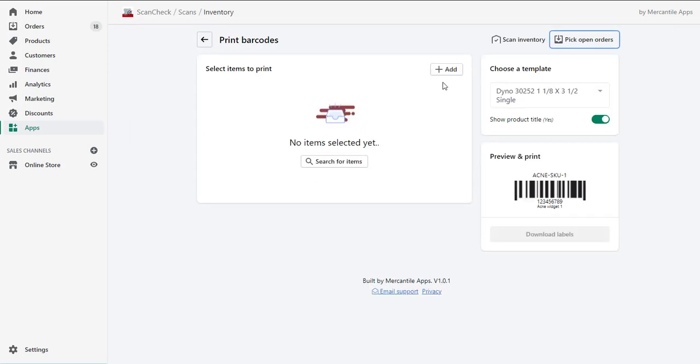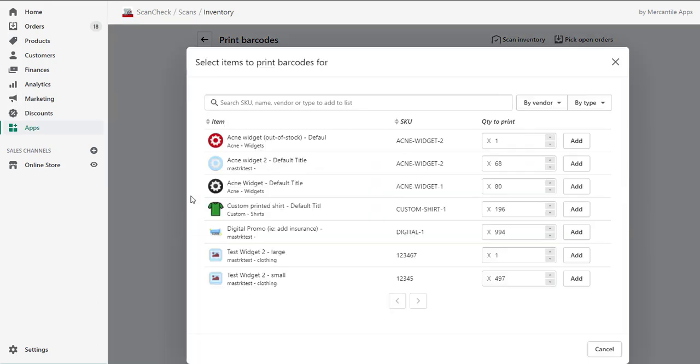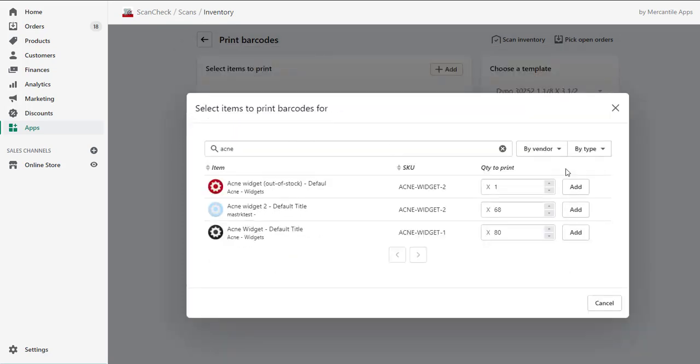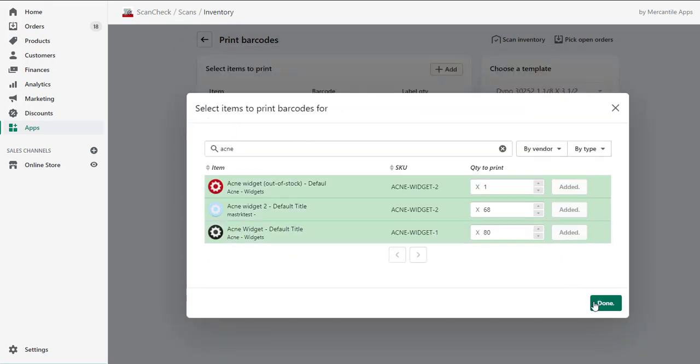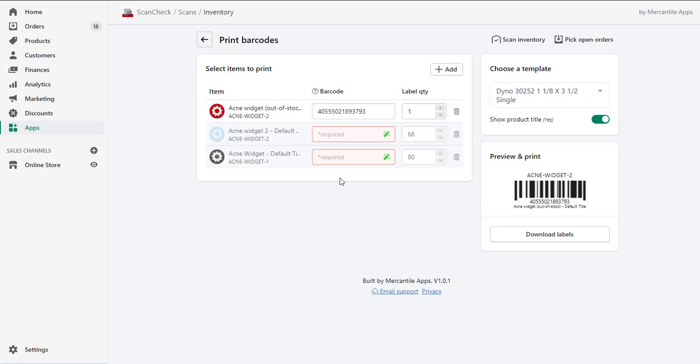But if you don't, no worries, we can go ahead and print barcodes. Here we're going to select items we want to print, such as those Acne widgets. We're going to add all the items from the list. We do need a barcode to print. That's okay. If you do not have a barcode, you can auto-generate a barcode, which will sync with your Shopify data, as well as the label quantity, which we took from your current inventory available, as well as a template